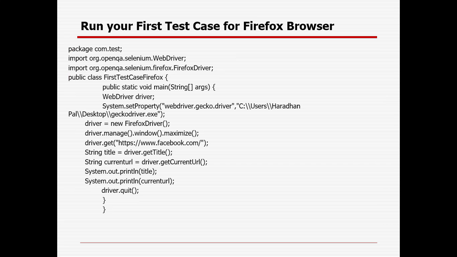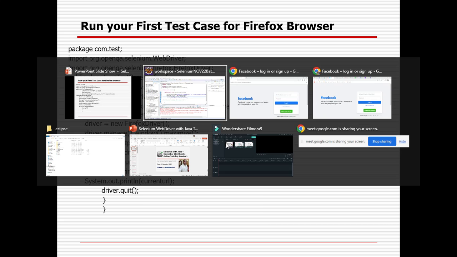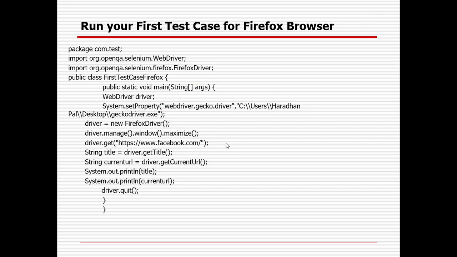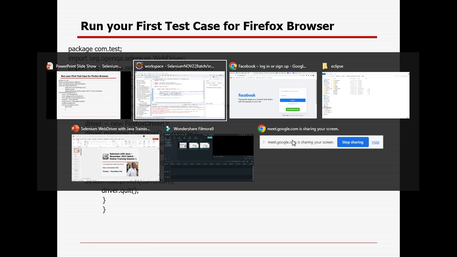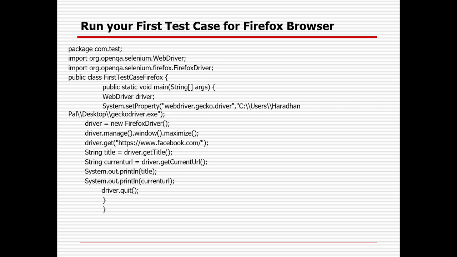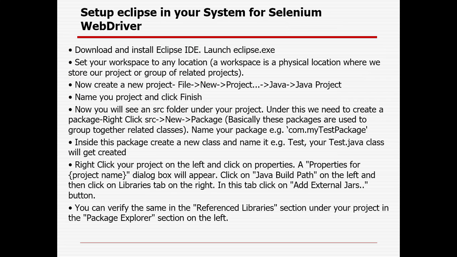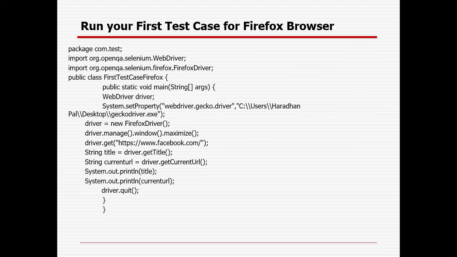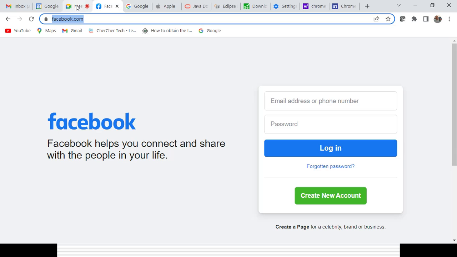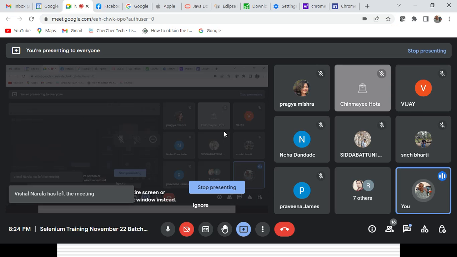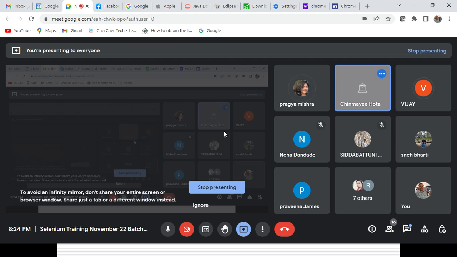So as of now, guys, any questions? Are you able to get the things slowly? Maybe it might be tough, but you just need to practice, go to the video, go to the document. My document has all the steps. You don't need to worry about anything. Most of the things will be there in the document. Are you able to get the things, or am I going too fast? Okay, any questions so far?